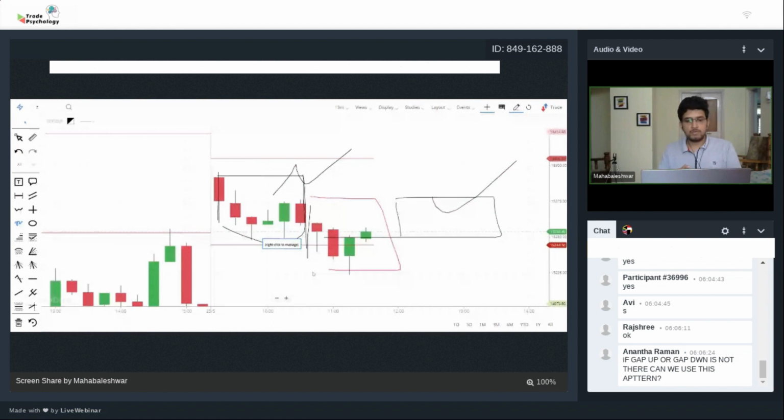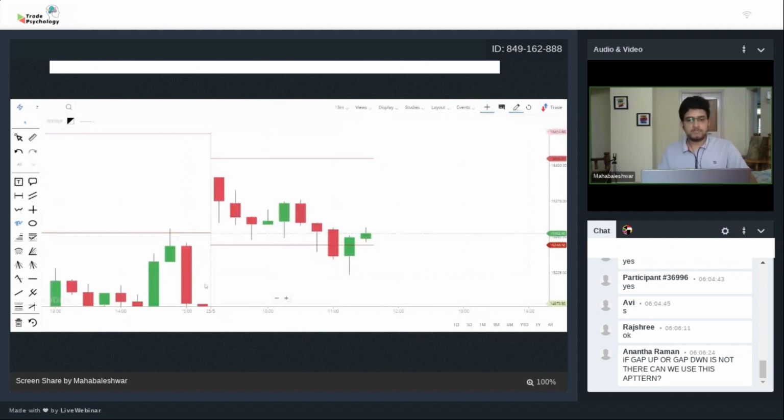At this particular zone, from 11 o'clock to 12 or 12:15, we will not have clarity about the market. There will be a lot of fluctuations in the market. But in the morning session and afternoon session, you'll be able to find a high probability trading setup. So the consolidation pattern, which I explained to you,